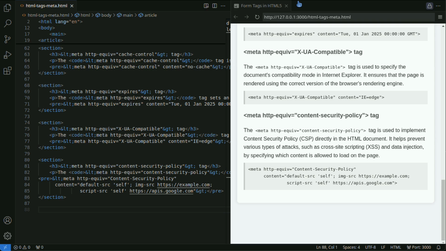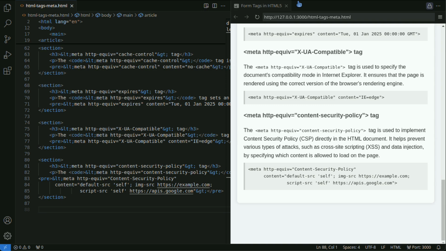Content Security Policy, CSP, is a type of HTTP header used to control what external resources, images, scripts, style sheets, etc. a web page can load and what kinds of code can be executed. It is usually sent as an HTTP header but can also be defined within HTML using a meta tag. This method allows specifying CSP on the client side instead of setting headers on the server side. For example, you can set CSP in the HTML meta tag as follows.